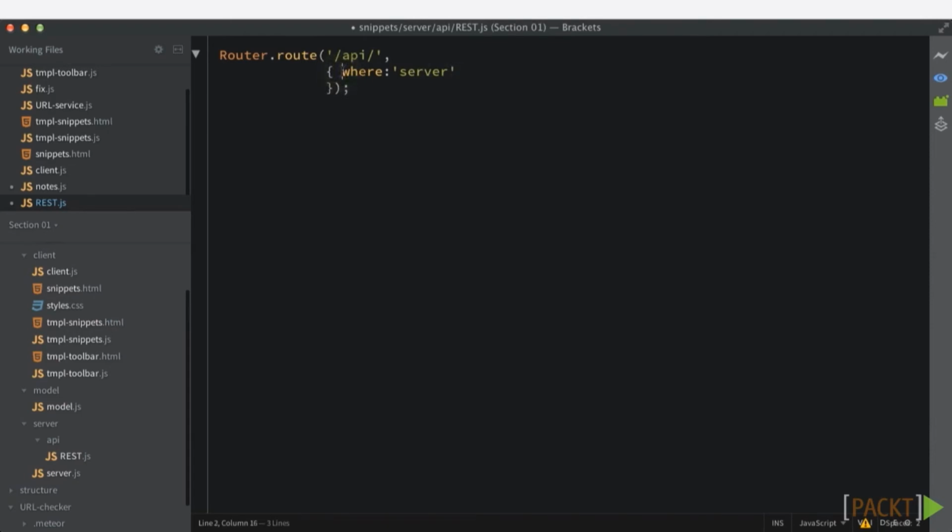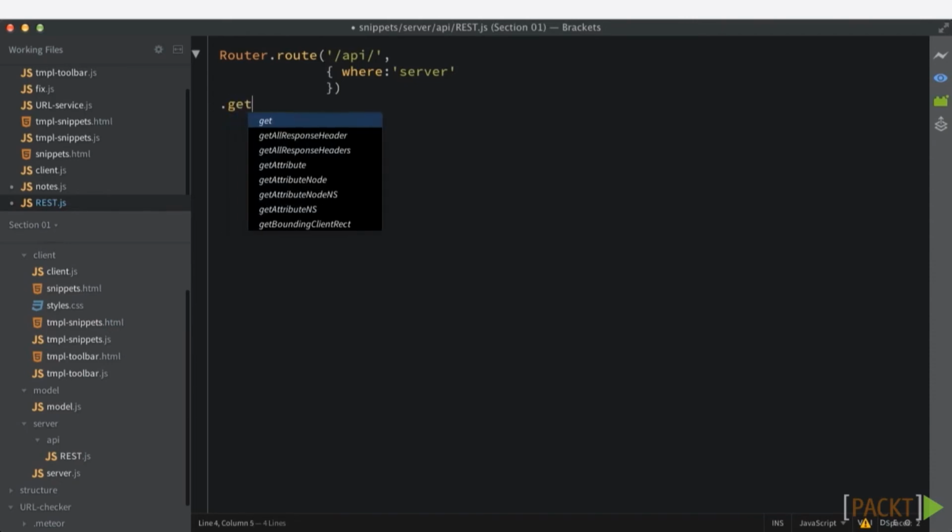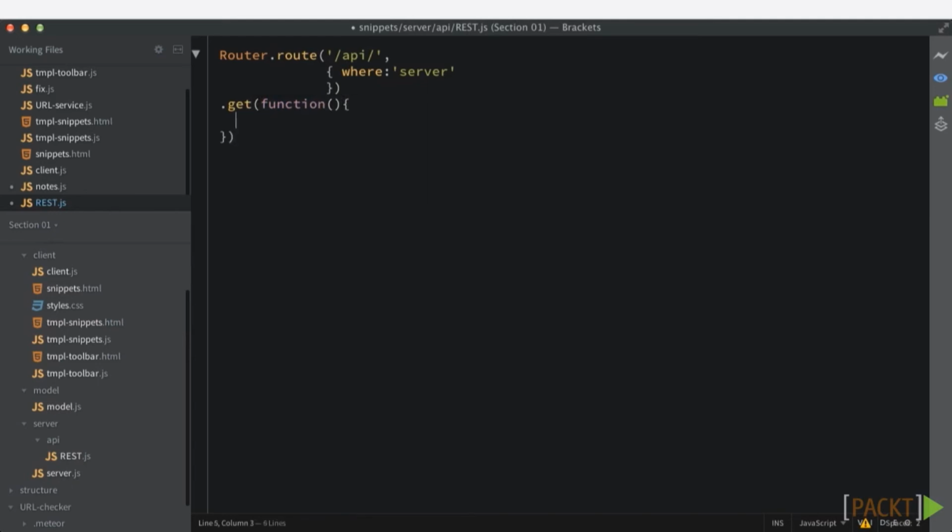We're going to use a built-in feature inside of Iron Router, and this is a chained method. So we're going to go ahead and take off that semicolon, and we're going to do a get. This is a shortcut telling us that whenever we get a get request inside of here, this is how we should handle it. So we put a function wrapper around that, and we need to do two things. The first thing we need to do is we need to write our headers. We'll always need to write our headers, and then we need to put up a specific response for a get